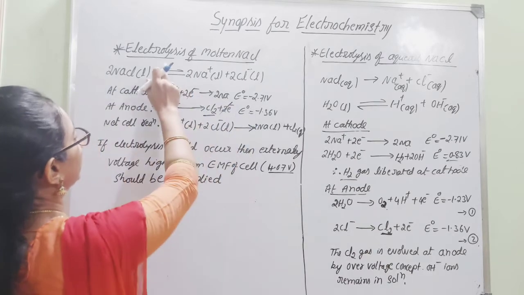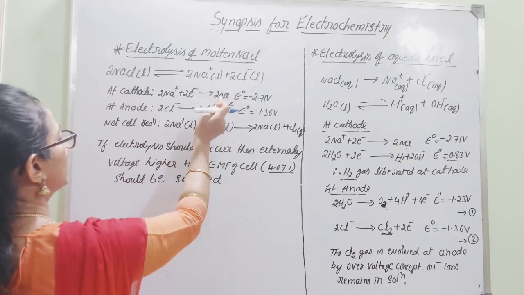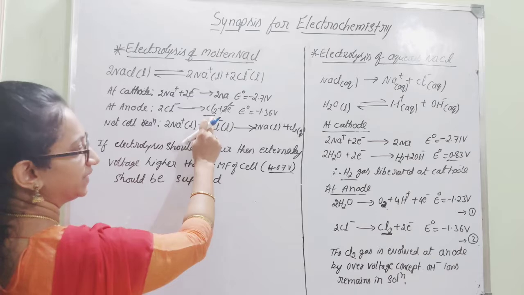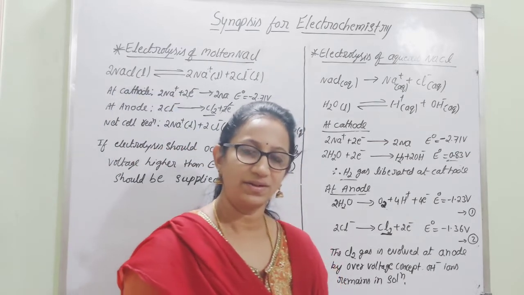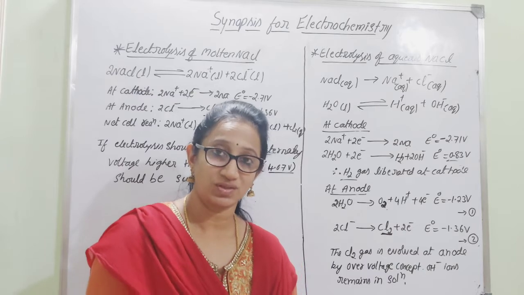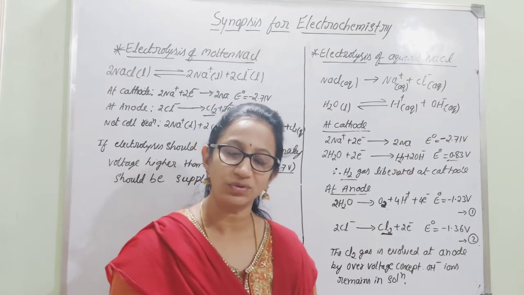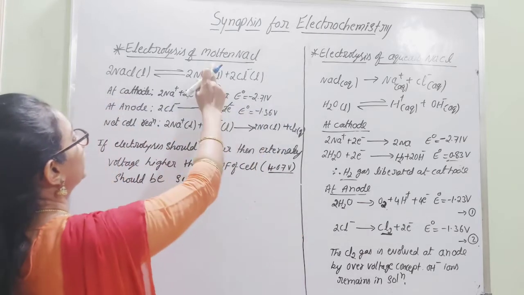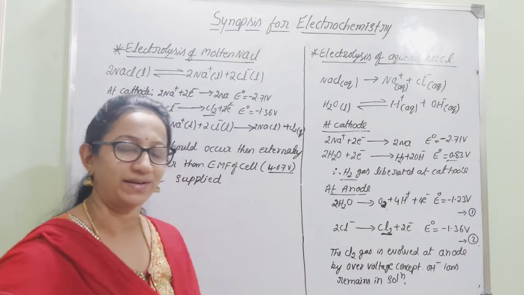In the case of electrolysis of molten sodium chloride, sodium is deposited at the cathode, and the gas liberated at the anode, as usual, is chlorine gas. You have to consider which products are obtained at the anodic and cathodic regions, and how they differ with respect to the condition, molten sodium chloride or aqueous sodium chloride.